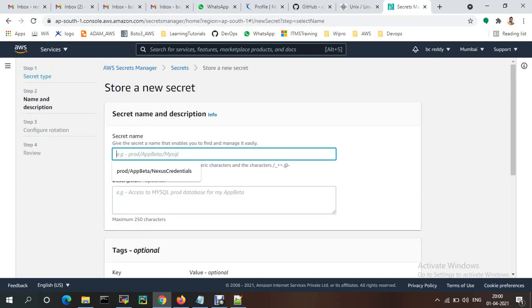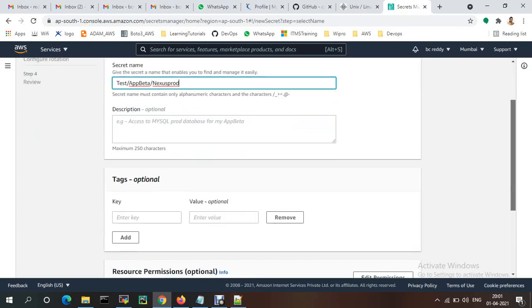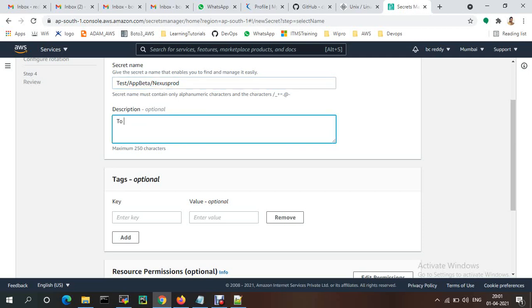Suppose my environment is the test environment, the app name is beta app, and the credentials are the Nexus password. For the description, if you want, you can give anything, like to access Nexus server password.